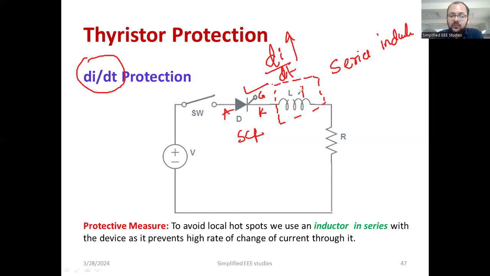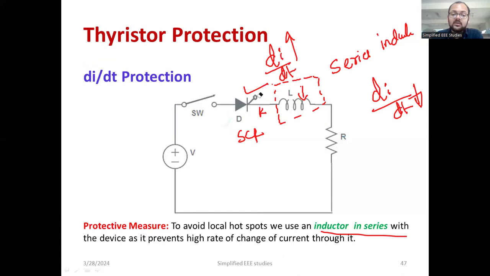So if you connect an inductor, the inductor will oppose the change in current. So it will minimize the dI by dt. If you minimize the dI by dt, then the advantage is it will prevent local hotspot formation, so that the dI by dt will be within a limit. So the main protection norm is to use the inductor in series with the SCR. That is a major thing you can do to get rid of